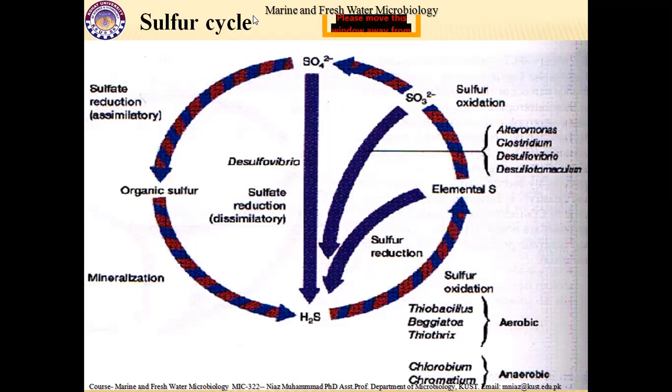If intermediate species, we will see sulfate can be converted into H2S by means of Desulfovibrio, reduction, or sulfate dissimilation. SO3 also can be converted into H2S, and bacterial species involved are Alteromonas, Clostridium, Desulfovibrio, and these organisms are involved to convert SO3 into H2S. So this is the